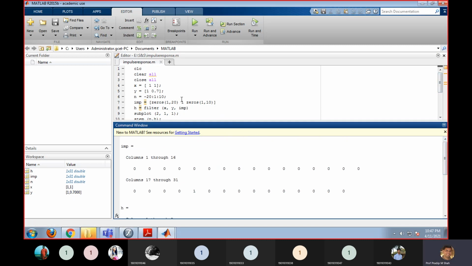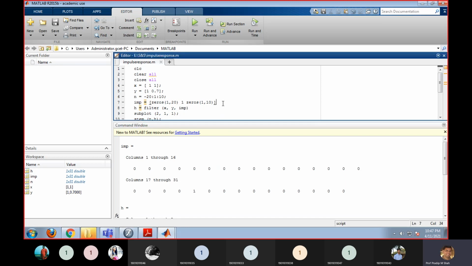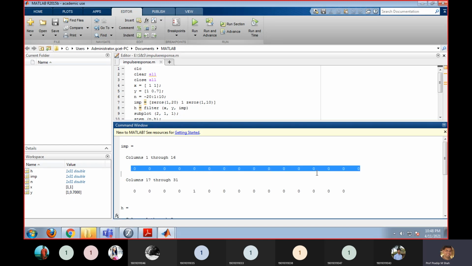Here you can see I removed the semicolons from the impulse in the program, so you can see the impulse signal: 20 zeros, then a 1 and again 0. What you saw graphically is the same impulse signal generated mathematically here.